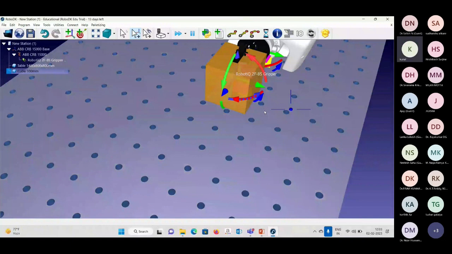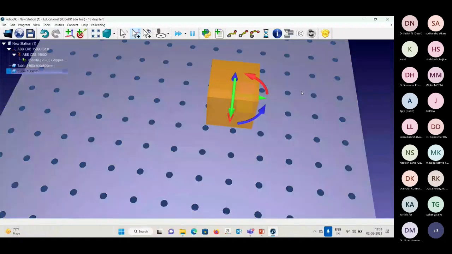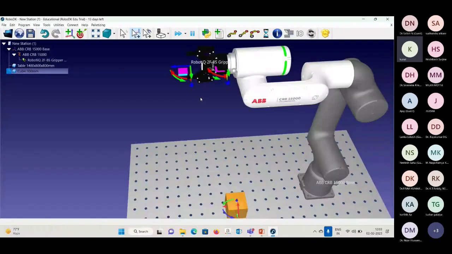See now here when I say get with the robo, see if you can see here, it goes directly. Now here also you can see the gripper is going through the object. So see here, like this. This is because the reference frame is in the center and the reference frame of